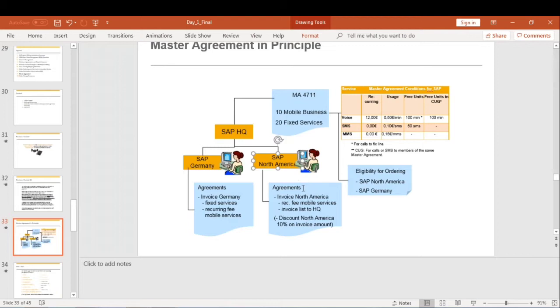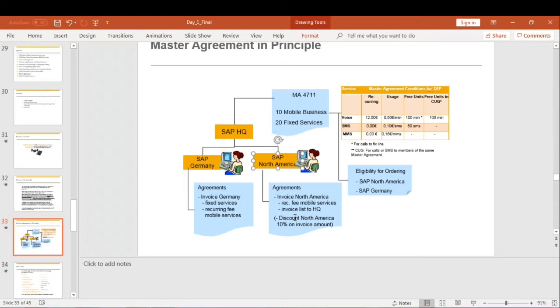In the master agreement we can define that if employees of SAP North America subscribe for these mobile services, the bill will go to SAP headquarters. So here SAP North America employees are the sole-to party, but the payer is SAP headquarters.